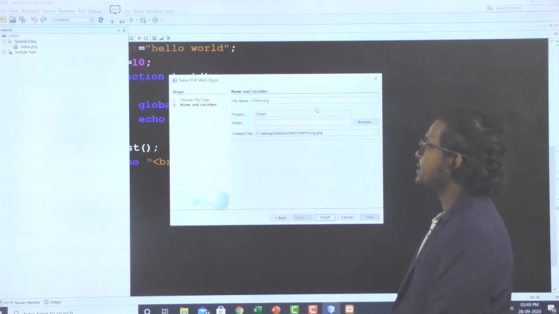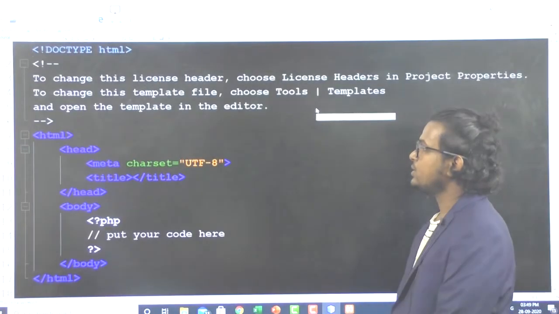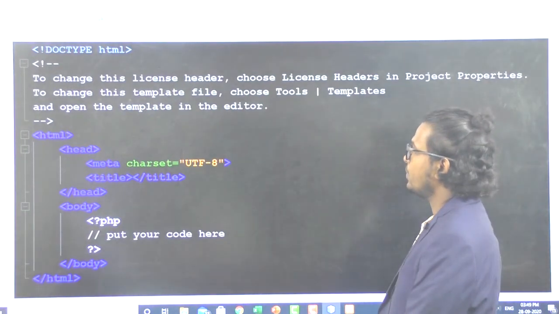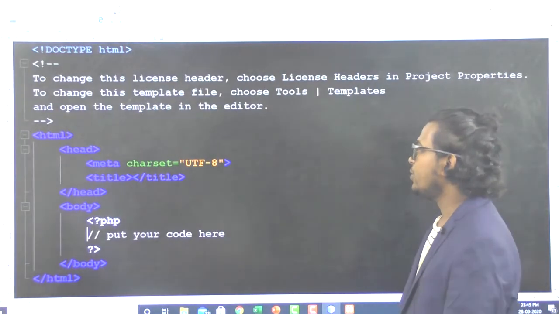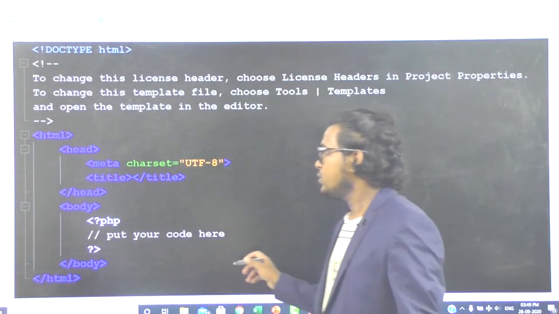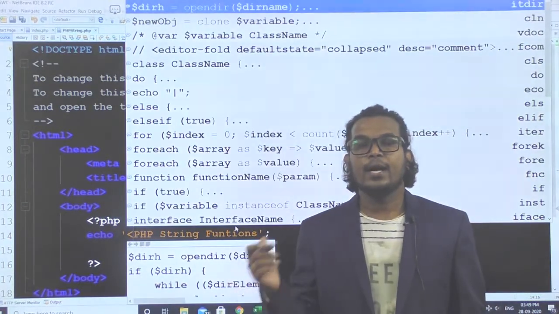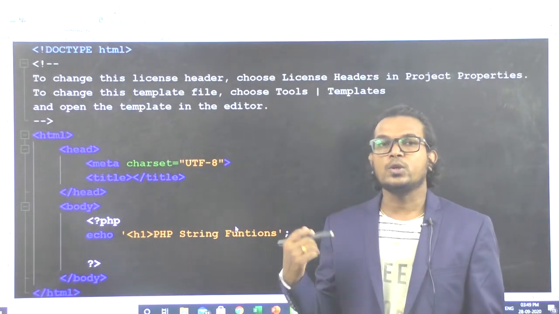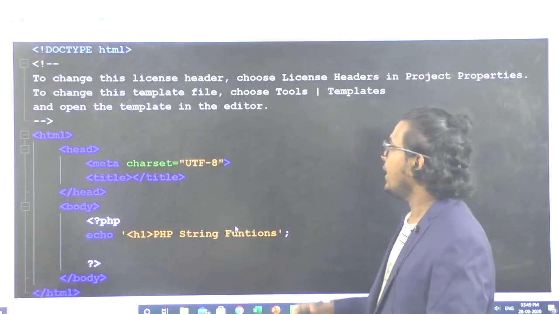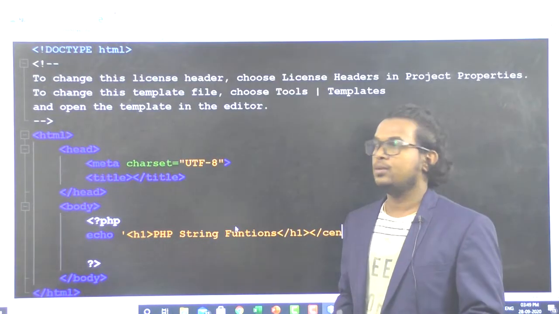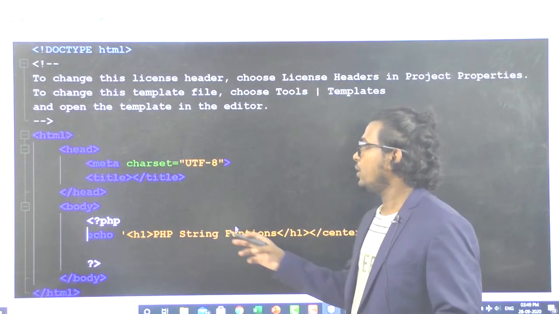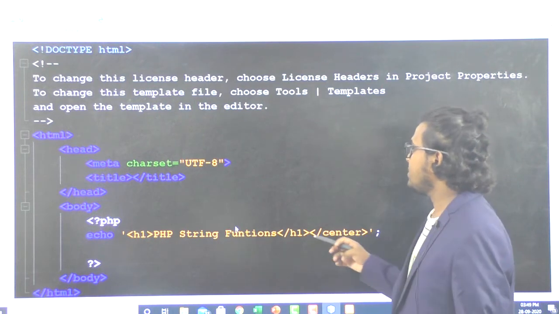In this example we are seeing all the string functions. You write your PHP code within the PHP open tag and close tag, between those two tags only. This file is also similar to your HTML file. So you print a message there, PHP string functions.